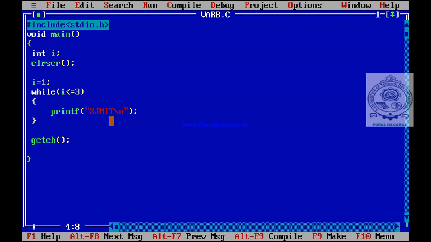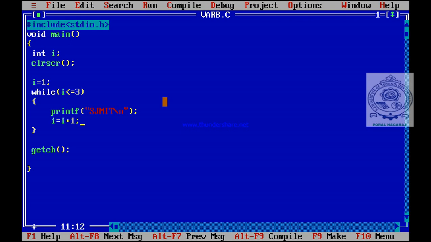Observe that loop implementation has 3 things. Loop variable initialization, yes it is there: i assigned value 1. Loop condition i less than or equal to 3, yes it is there. Loop updation, do you have loop updation? No. So loop updation should be in the body of the loop. So what is loop updation? Every time you have to increase the value of i. First it is 1, next it is 2, next it is 3. So for 3 times the body of the loop is executed. So that's why your loop updation is i assigned value i plus 1 semicolon.